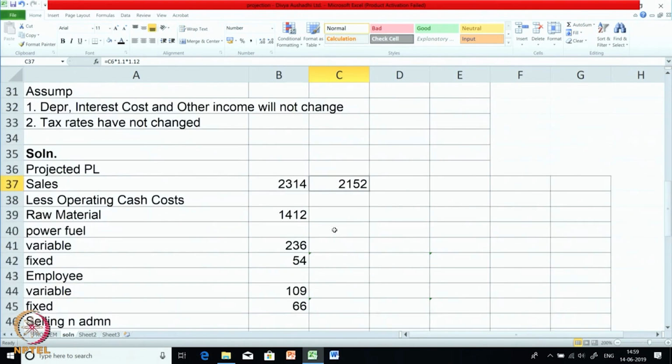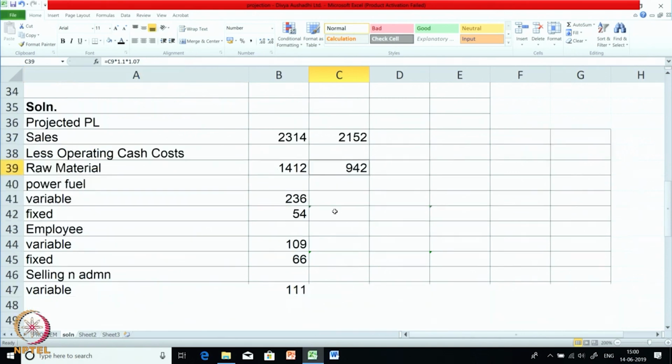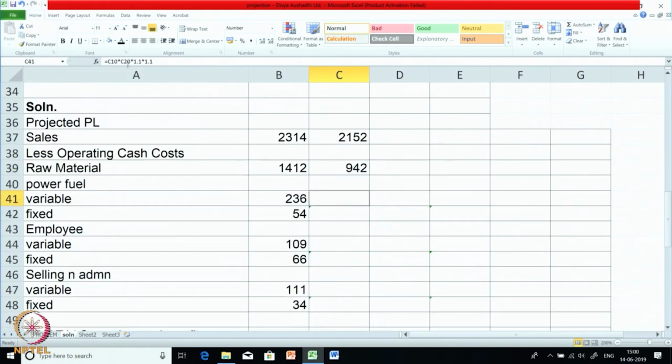It is fully variable, so directly we are able to calculate. RM cost, very simple now. C9, last year's RM cost into 1.1 due to units into 1.07 because of change in raw material prices. Now power and fuel,